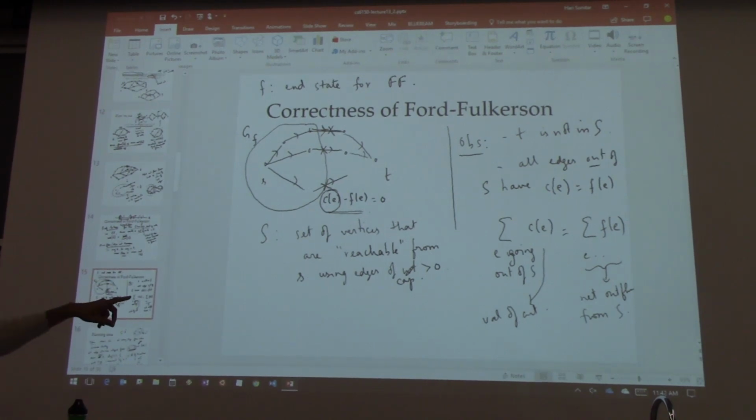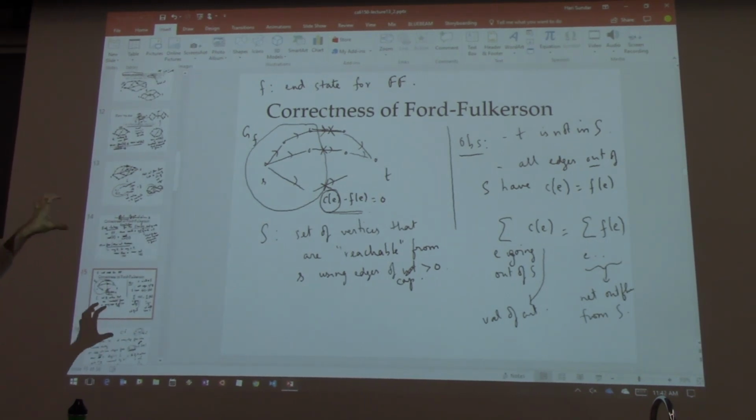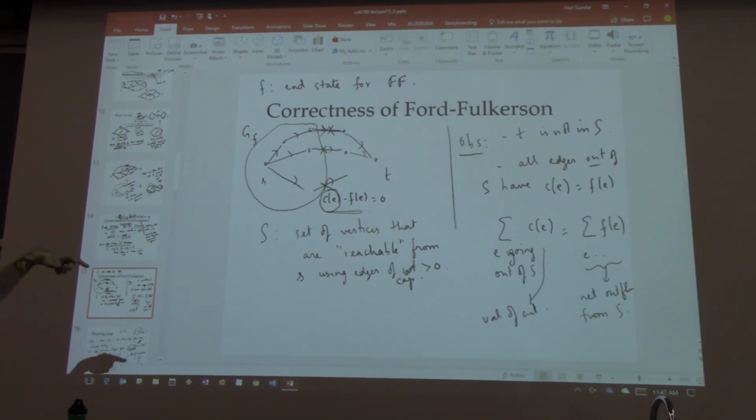So what we've established is that there's some set S of vertices. You look at all the edges going outside. The total F that goes outside is actually equal to the flow from S to T. And the value of that flow is equal to the value of this cut. So that's exactly what you established, and this is what we wanted, right? So for the flow that you end up with, you produced a cut that has the same value as the flow. And that essentially completes the proof.